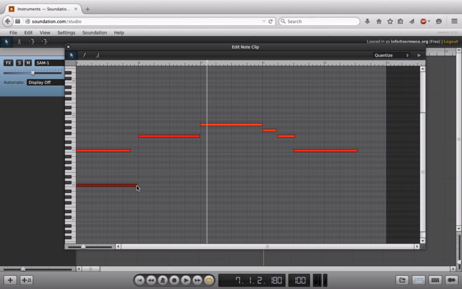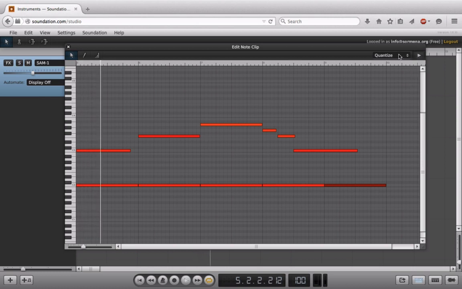What I can always do is quantize this, but I'll just hold it and try to get it to be almost as close to 1 bar as I possibly can. And I'll just go ahead and Option drag for one of these, and then I'll just go ahead and double click for the other few. Okay, there we go. Now when we play back,